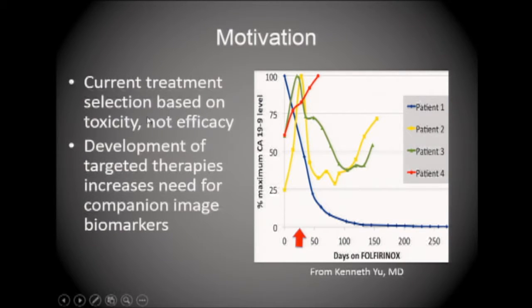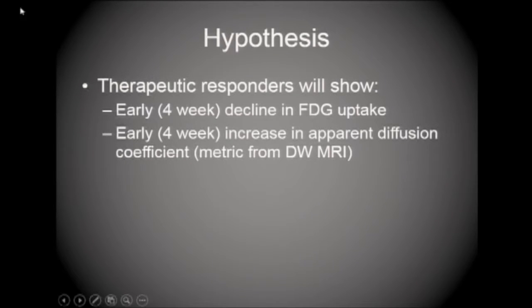Currently, we don't really have a good way of picking therapy. We really choose our therapy between nab-paclitaxel, gemcitabine, and FOLFIRINOX based on toxicity more than any given biological attribute. So there may also be things that we can image using PET and MRI that may tell us which drug to use. So we took all comers, patients who were getting treated with systemic therapy in advanced pancreas cancer,